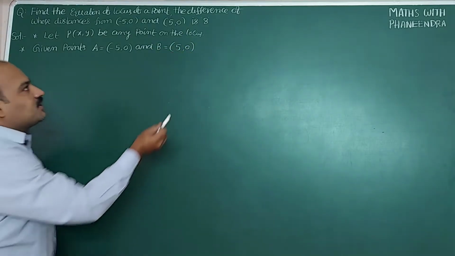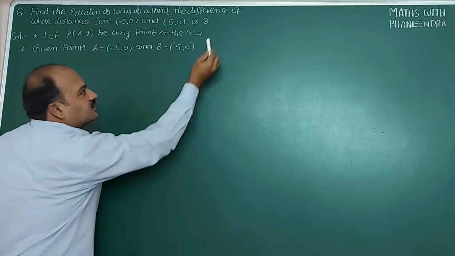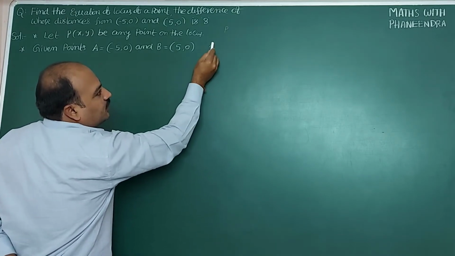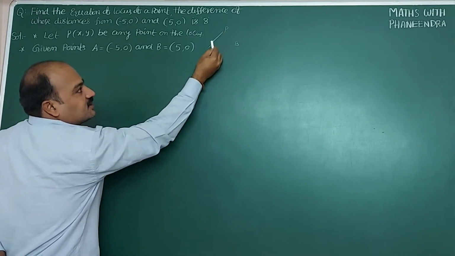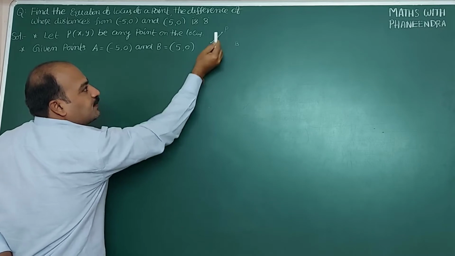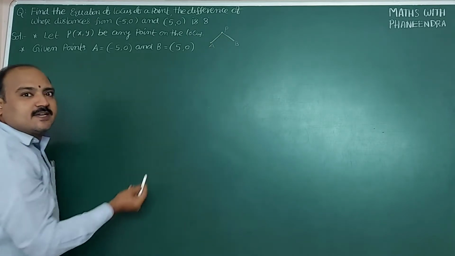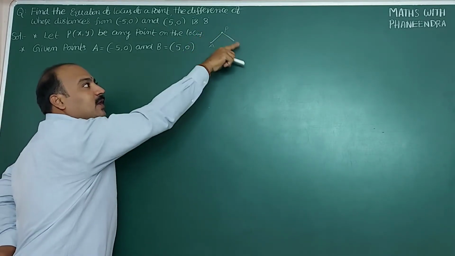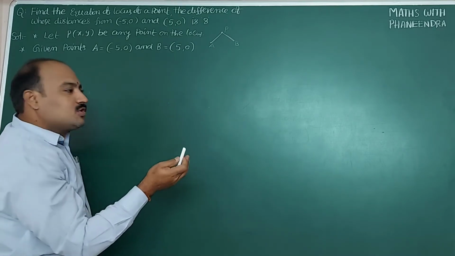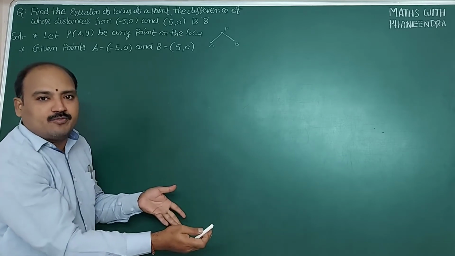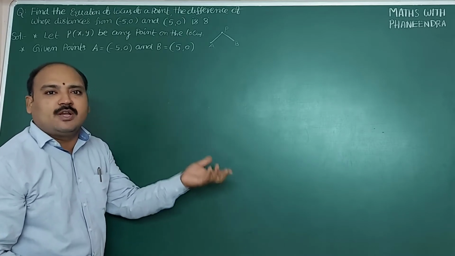The condition is given. Observe the difference of whose distances. Here some point P is there, here some point A is there, and here also some point B is there. The distance between P and A is PA. The distance between P and B is PB. The difference of whose distances? That means PA minus PB or PB minus PA. We can write any one of them. That is the reason most people write mod PA minus PB. If you do not write mod PA minus PB, you can write PA minus PB simply, it is enough.